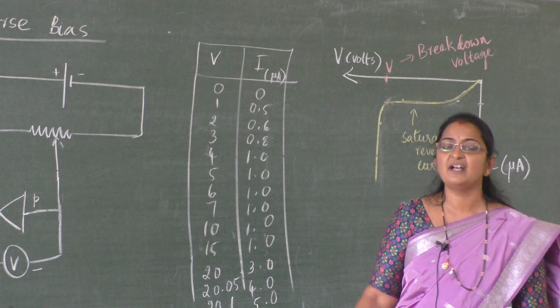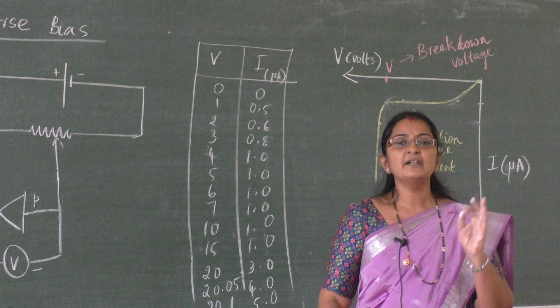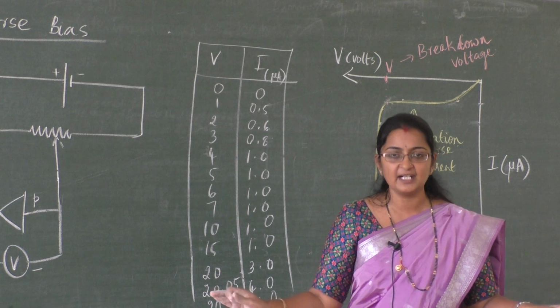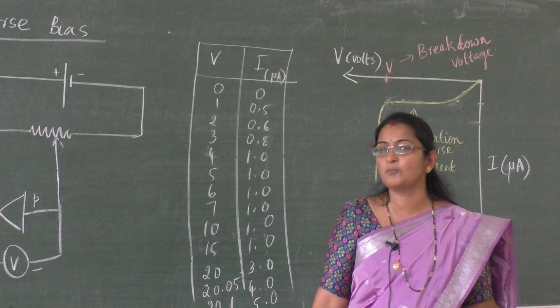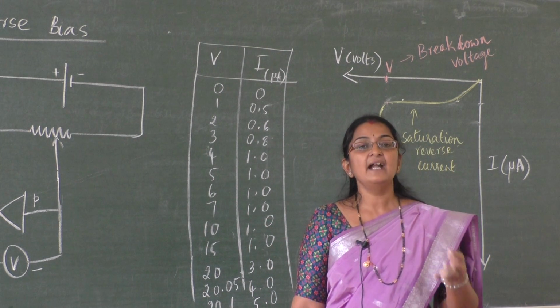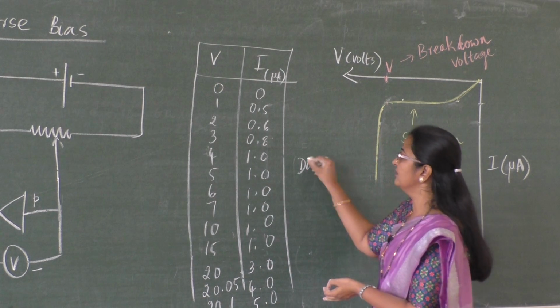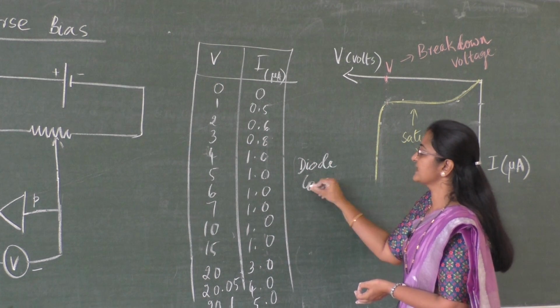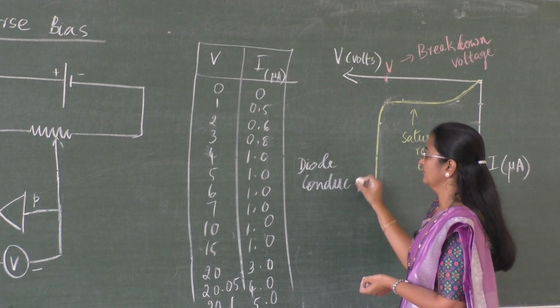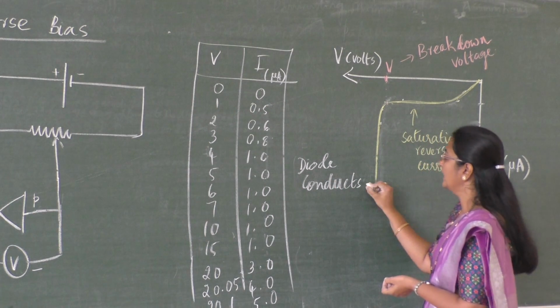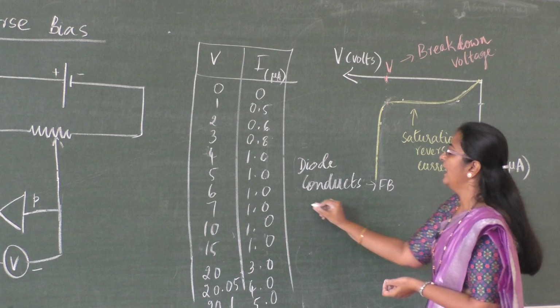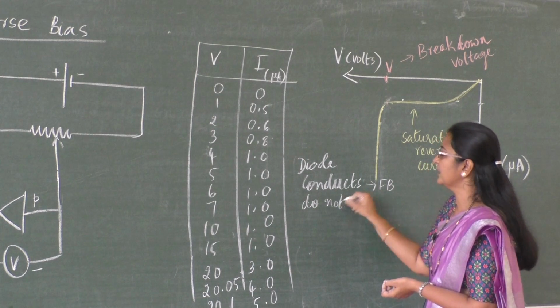Under forward bias, the diode conducts. Under reverse bias, the diode does not conduct. Why? Because current is very small, of the order of microamperes. And this is the important principle: the diode conducts under forward bias and does not conduct